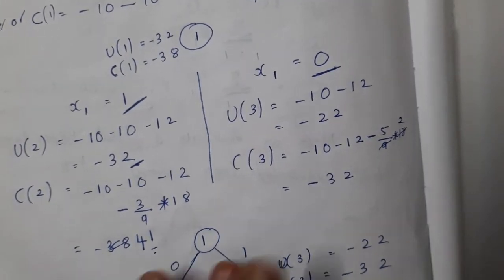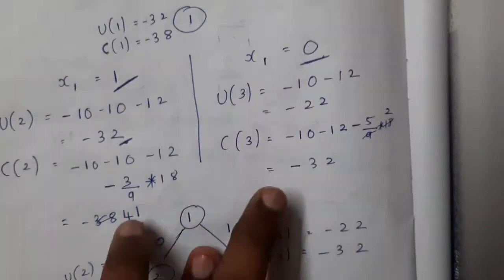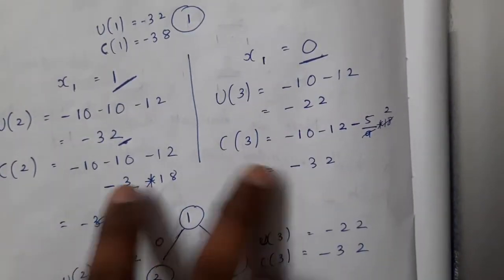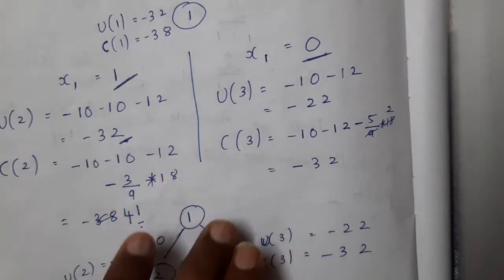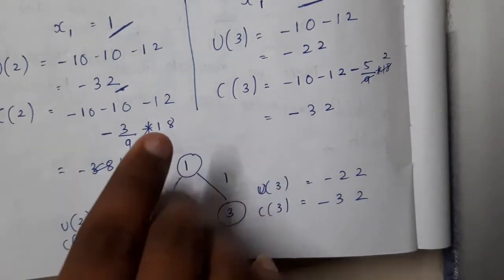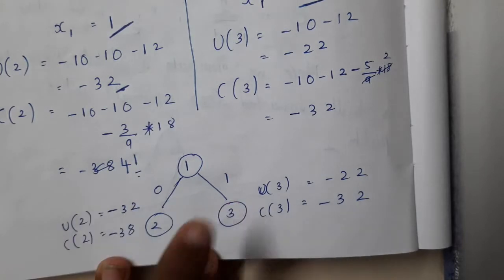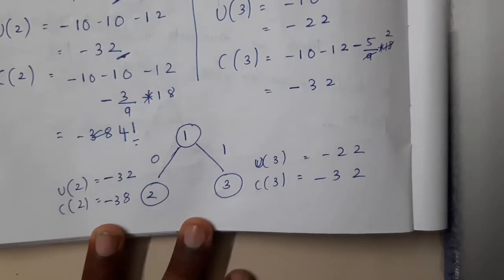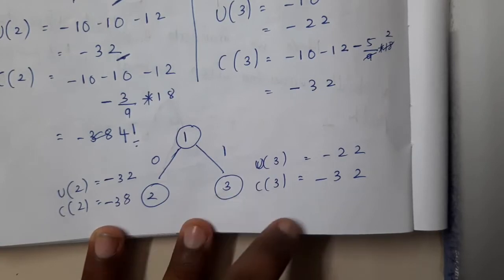Okay, so on the other hand, if you do the same process, you get minus 22 and minus 32. Among these two, which is the maximum according to our previous algorithm, we will be selecting this one directly. But here there is no option for us, so we will be solving these two further. So please remember that branch and bound always does breadth first search. It will go level by level. It will solve this, again it will solve these two, like that.